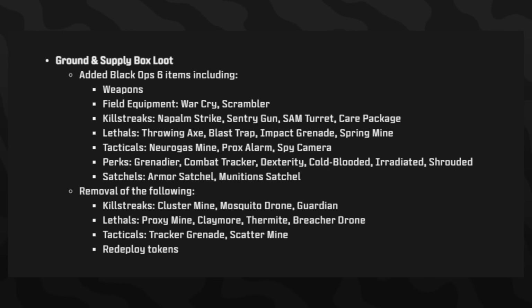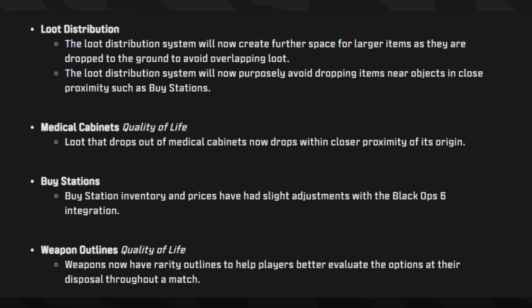Just all the items from Black Ops 6 are now a part of that. They've removed kill streaks, lethals, tacticals, and redeploy tokens, the items that were in MW3 and MW2, so that way you get more of the Black Ops 6 content. And then loot distribution system will now create further space for larger items as they are dropped to the ground